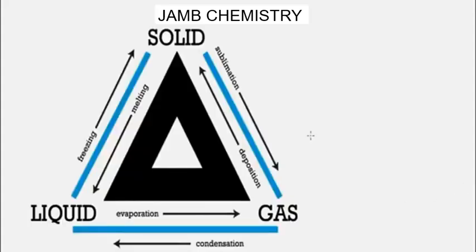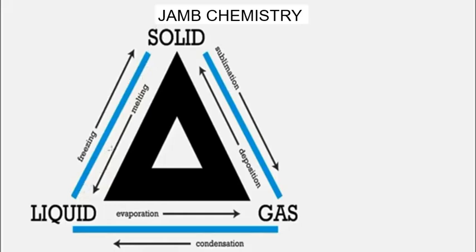Now I'm going to bring a diagram that will help us understand the concept very well. Okay, so this is the diagram that will help us to understand these changing states of matter. There are various changing states of matter, and when matter changes from one state to another, there is a particular term that is used for it in chemistry. So you have to get used to these terms. You have to be able to know what such a change is called. From this diagram, let's begin with liquid to solid and